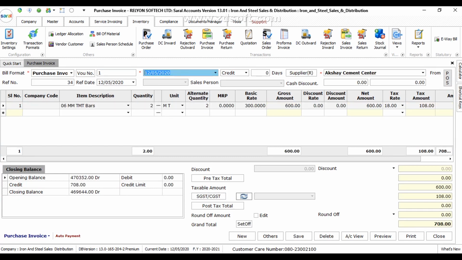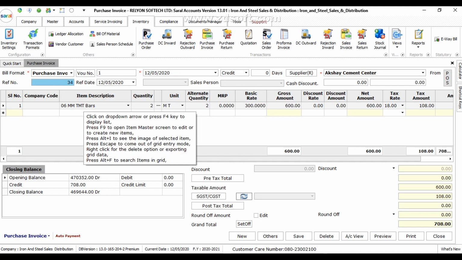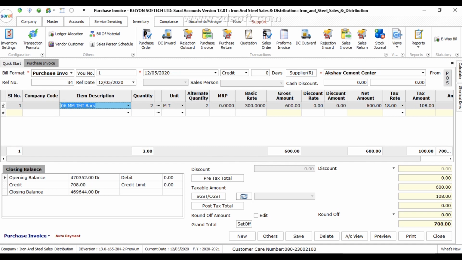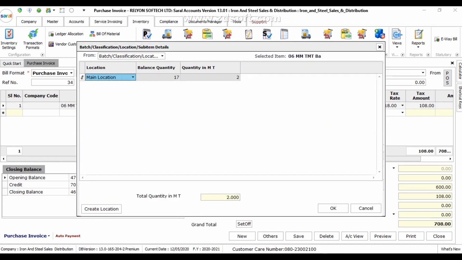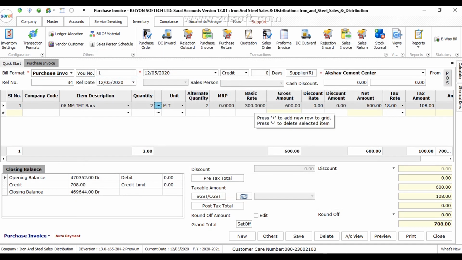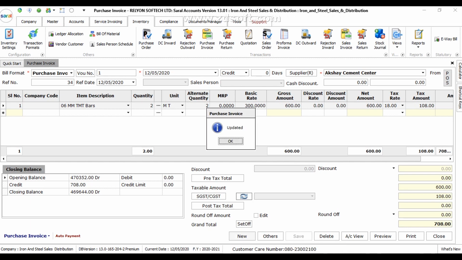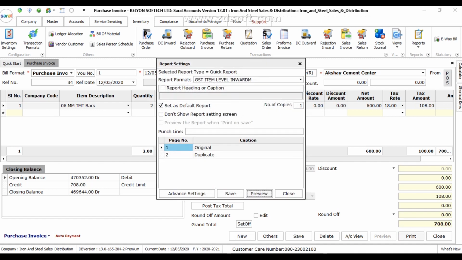So here for this supplier, for this reference number, on this date, we have purchased this item in a quantity of 2, and the basic rate is 300, gross amount will be 600, and tax will be 18%. Accordingly the final amount is 708 rupees. We will save this and we will see the purchase invoice accordingly.